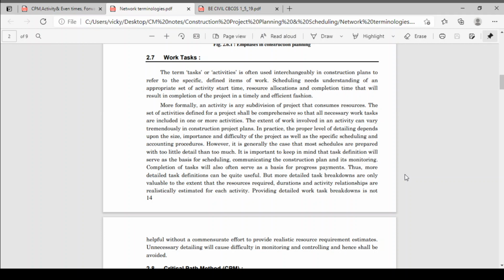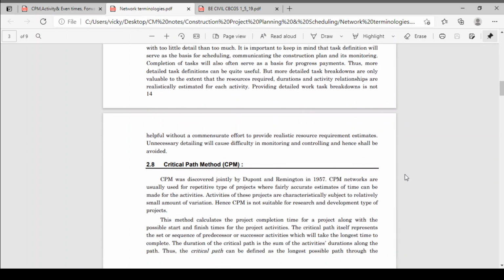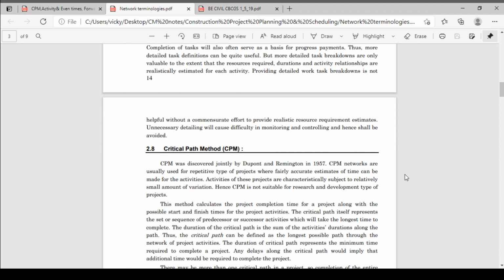Providing a detailed work task breakdown is not helpful without commensurate efforts to provide realistic resource requirement estimates. Unnecessary detailing will cause difficulty in monitoring and controlling and hence shall be avoided. Okay, you have to do the detailing of your task, but don't do unnecessary detailing which will create a conflict in monitoring and controlling your project.